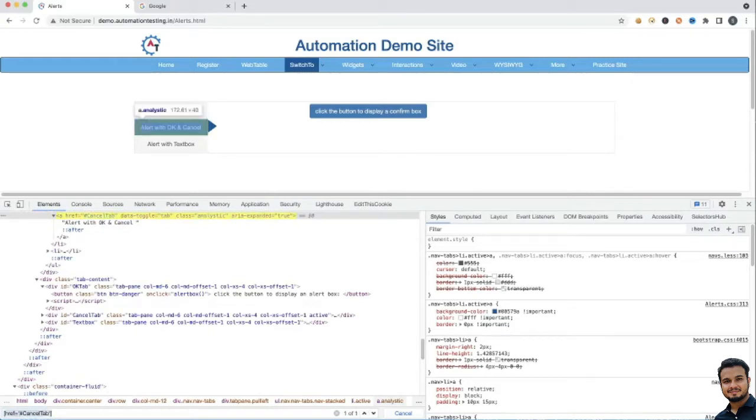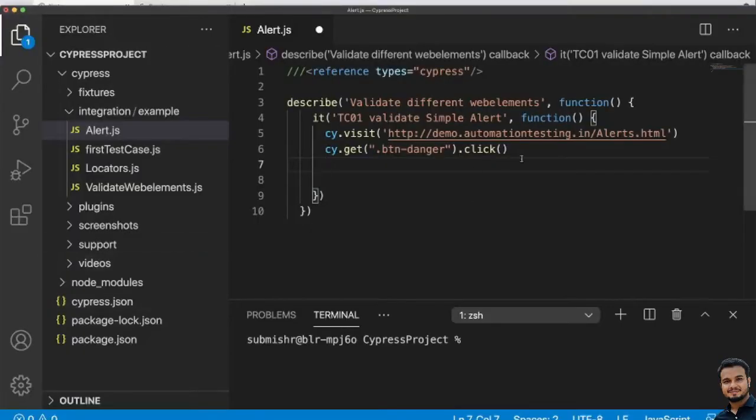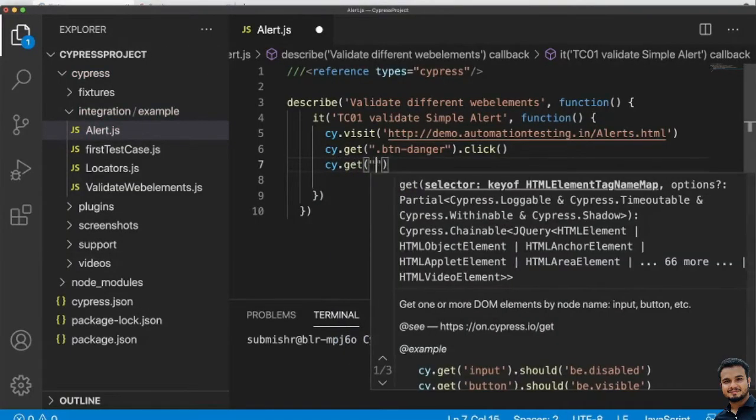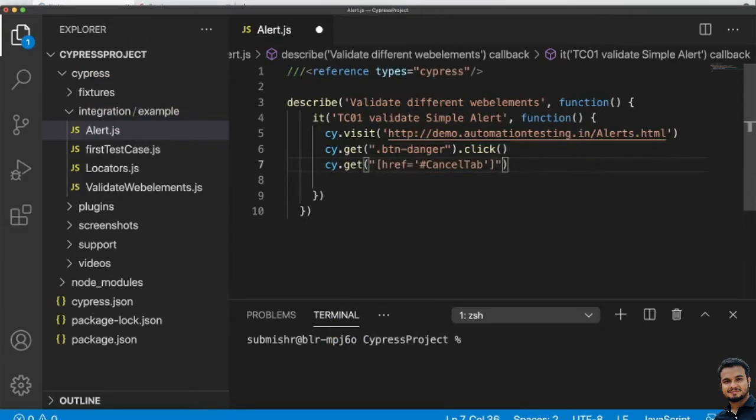Okay, able to identify. So let's take this, write cy.get, and here .click, so you should be able to click here.